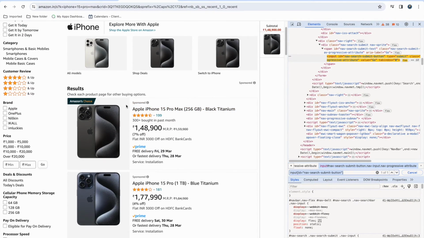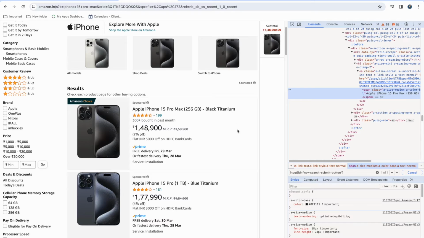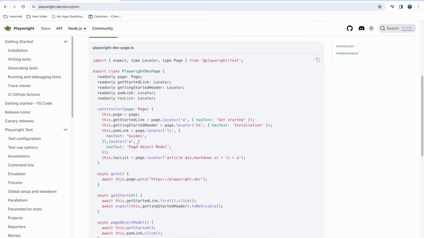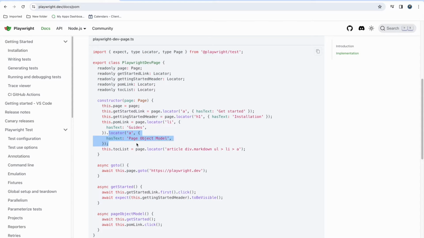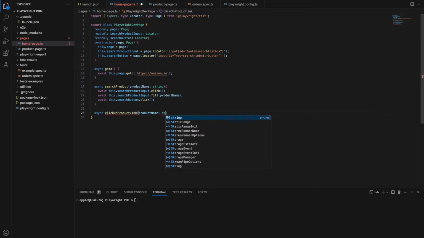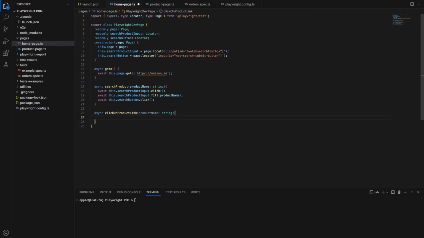So once we search the product, we need to click on the product that displays first. So we have this span class, and we have this link, so we can directly use the link like this. We had that locator, right? Locator a has text, so we can pass the text on the fly. So let's create that async click on product link, and here again product name, so we give it string, and we do await